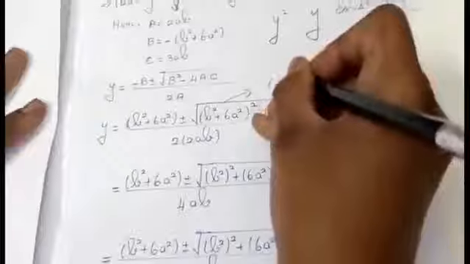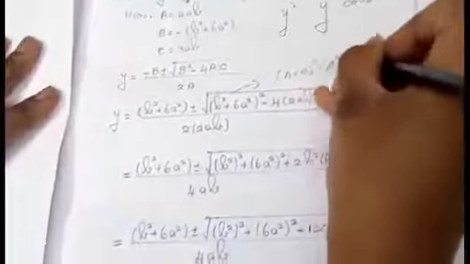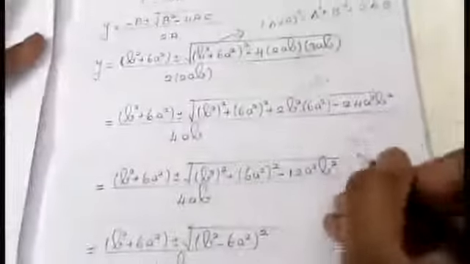Replacement: instead of a, b, c, I am just replacing the values. After replacing, I am applying the a plus b whole square formula. What is the formula for a plus b the whole square? That is a square plus b square plus 2ab. I am applying this formula. Do the calculation, students. Take time, do it. Only this part inside the square root is very important. We have to do the calculation. After doing the calculation, you have to just analyze this value inside.